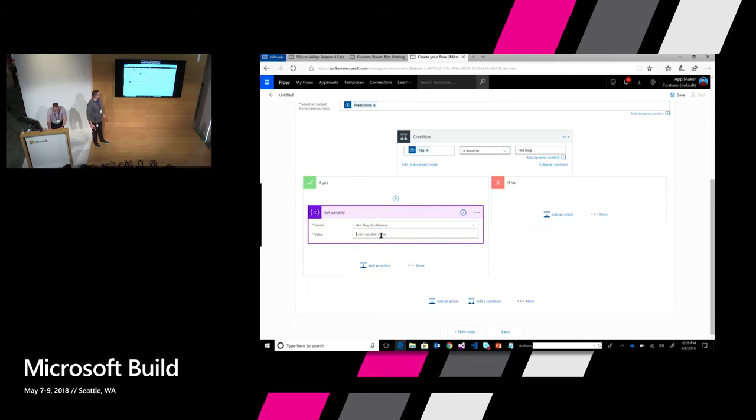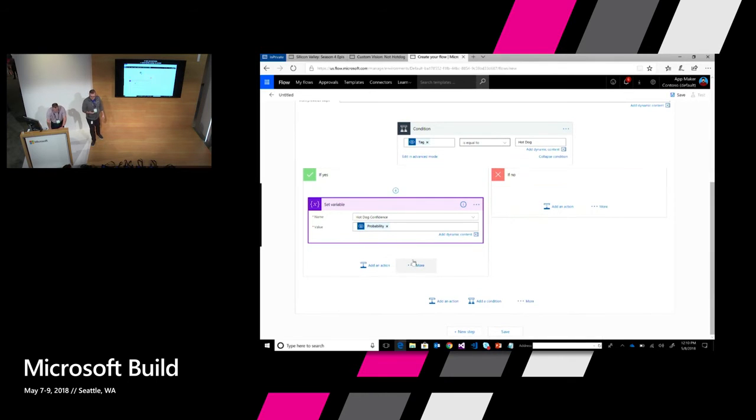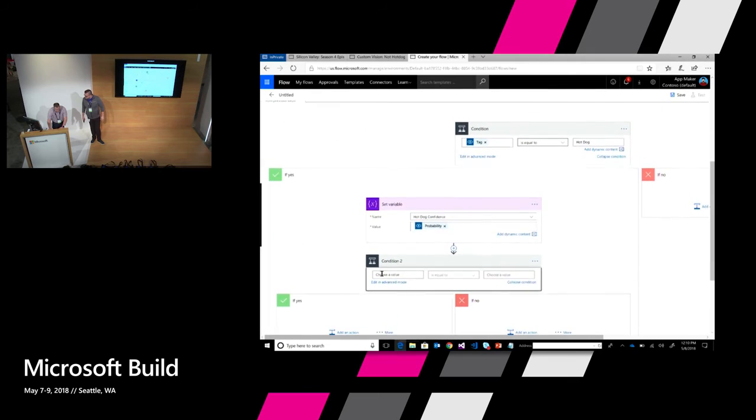And then the next thing we're going to do is store, remember that variable we created earlier, the hot dog confidence variable? We're going to store the probability, so basically the result. Now, since we mentioned before that this is a value between 0 and 1,